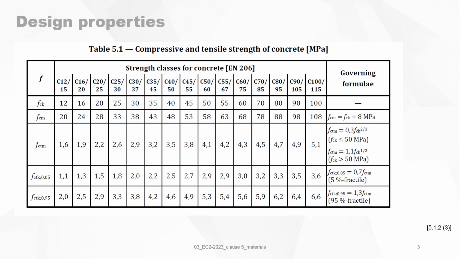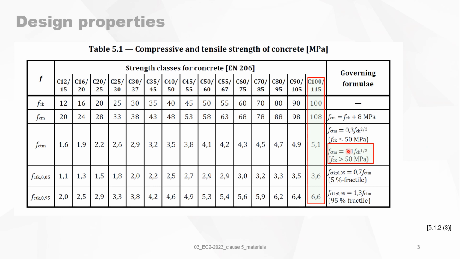Let's have a look at the design properties. Table 5.1 gives an overview of the compressive and tensile strength of concrete. We see immediately that they have added a higher strength class, the C100-115, which was not there in the previous code. We also see that for the mean tensile strength, there's a new formula